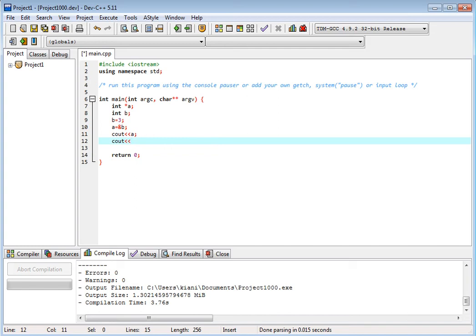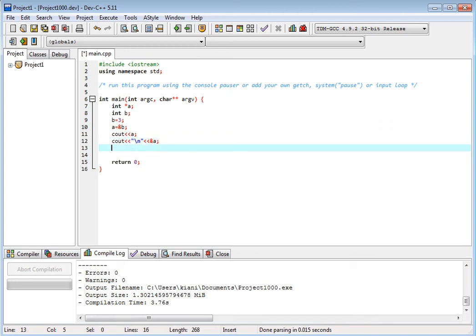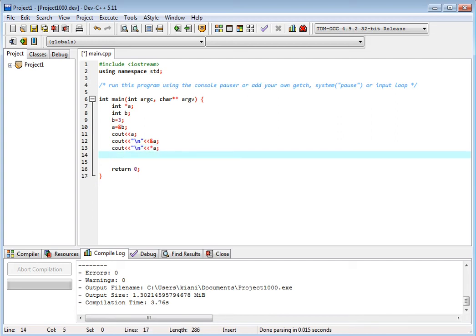Okay, I should use a backslash n, and cout less than less than a, okay, and we have cout backslash n, and we have pointer a. Now we have cout, and we have value at b.